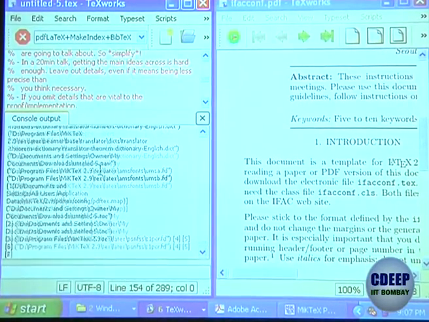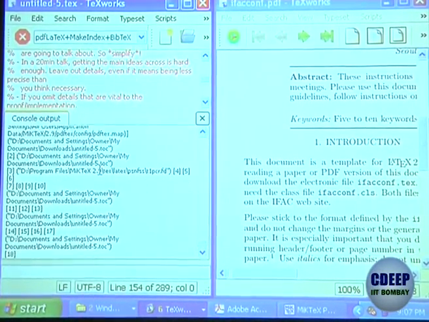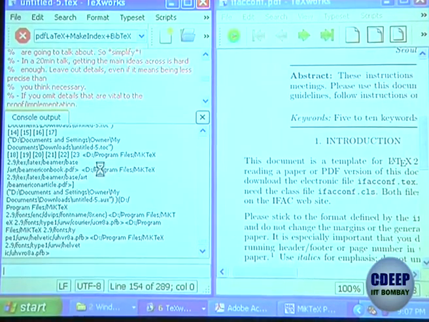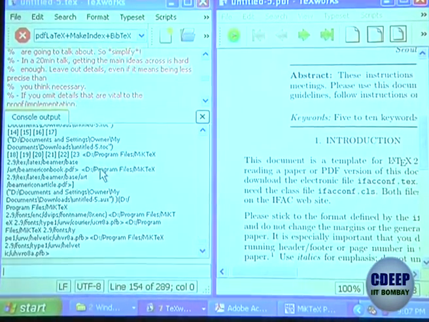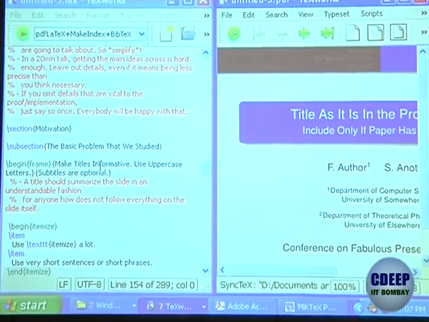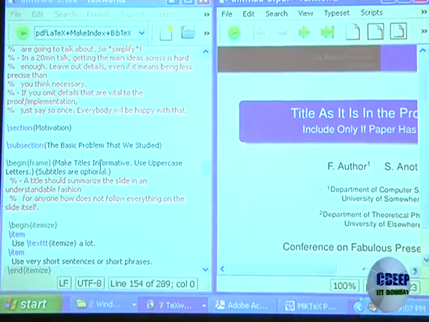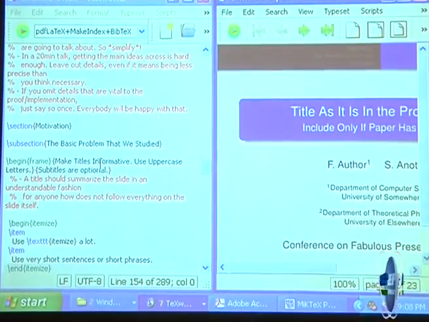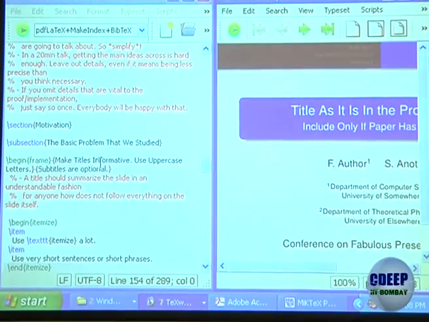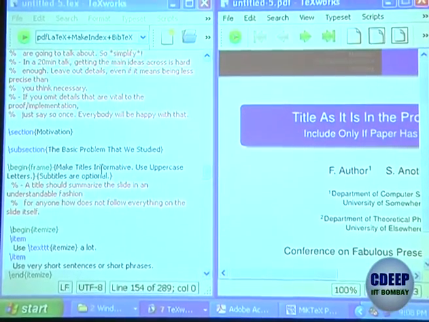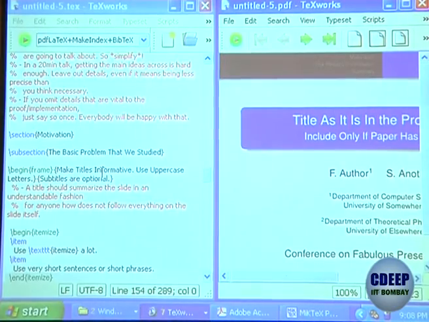So because this is running for the first time, it will take a lot of time because everything has to be compiled. Generally LaTeX compilers are smart enough, they will recognize what changes you have done. So this is the first presentation that has come, and in this case the referencing will not be there because I have run it only once. Wherever references are there, it would have created the index only right now.